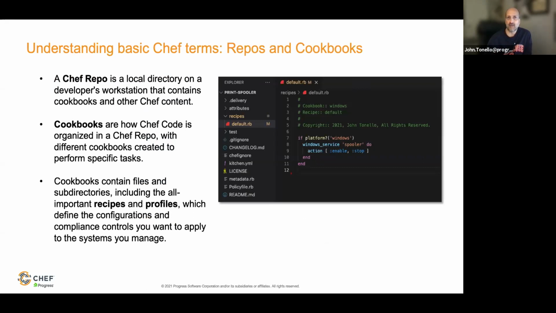But Chef is code-based infrastructure and compliance management, which means that you're describing things that you want on systems and describing the states that you want, and Chef does the work of making it happen,